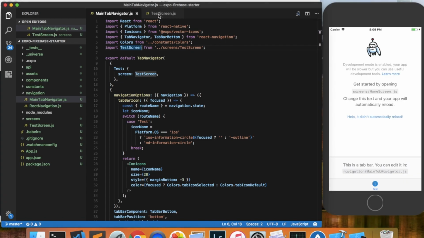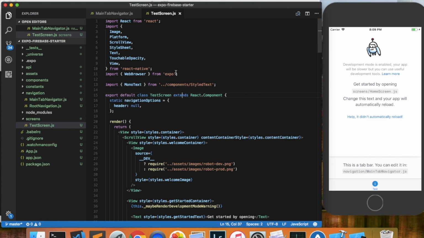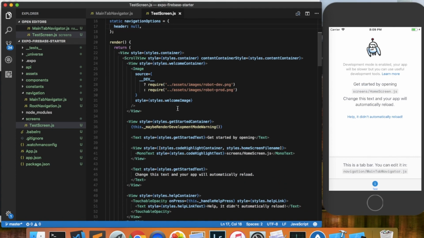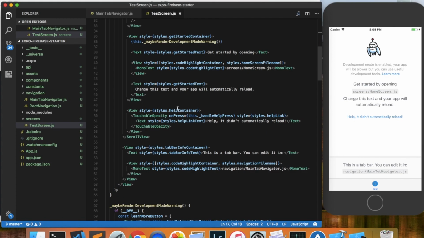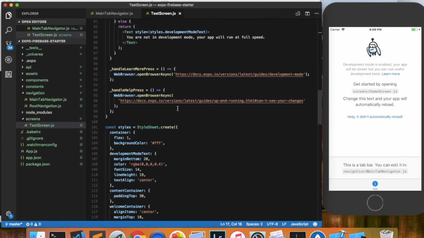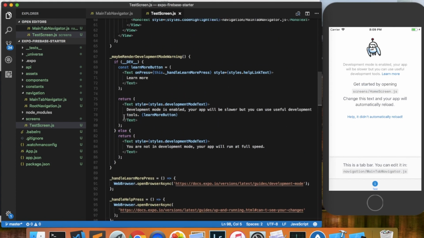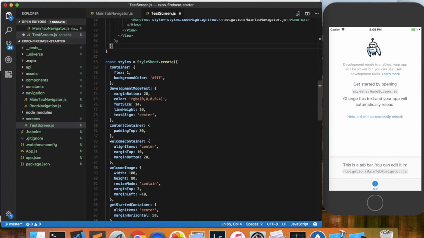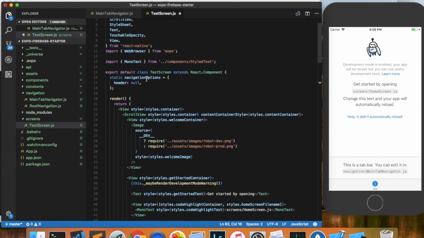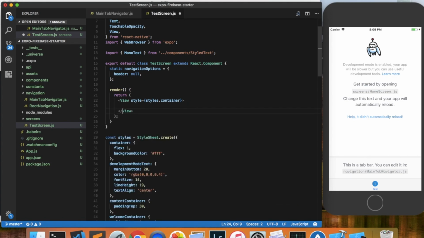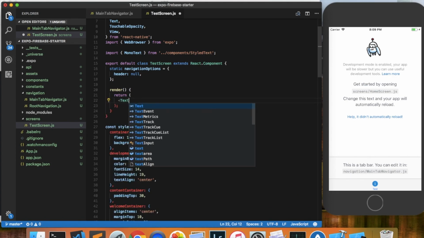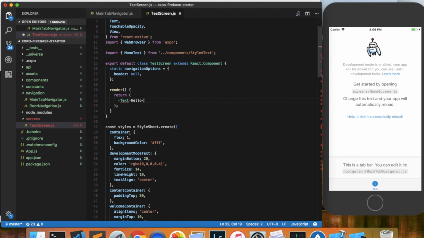All right, now what I usually do on the test screen is I clear out everything, and I just use this screen as a scratch pad. Anytime I want to test anything out, I just throw it in the test screen. So we will delete all of these functions here, and I'll clear out the render function, and for now, we'll just put some text that says hello, just to make sure it's displaying something. Save it,